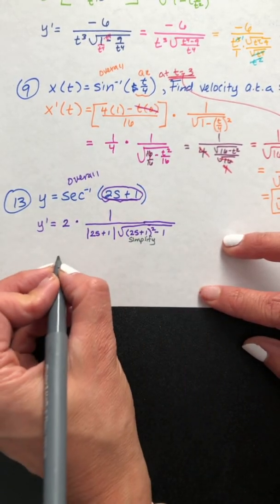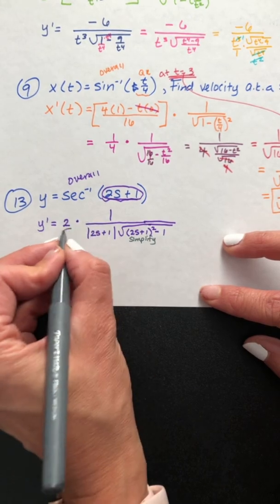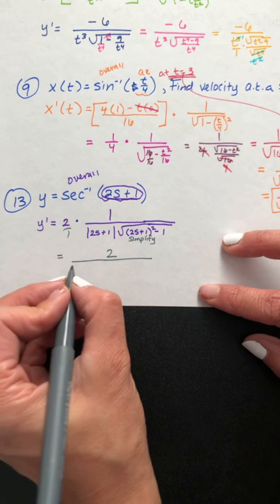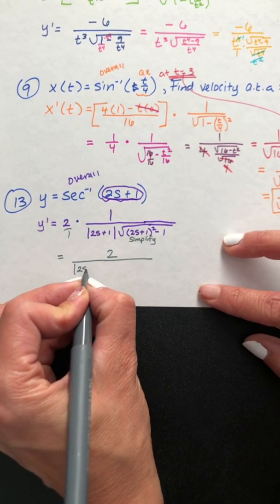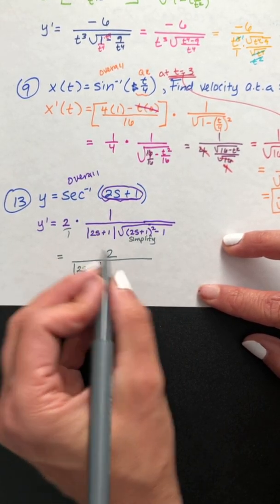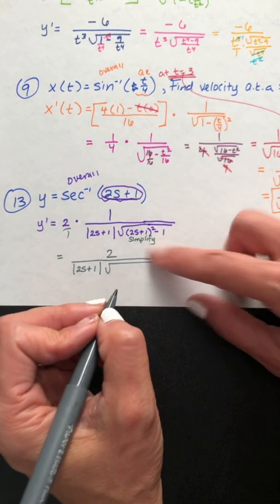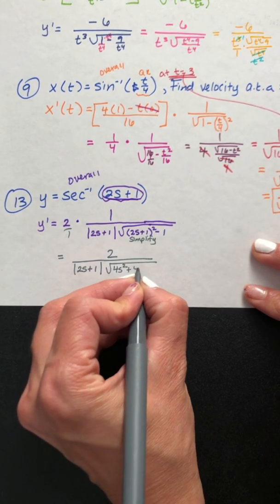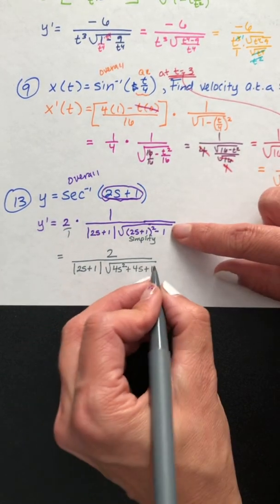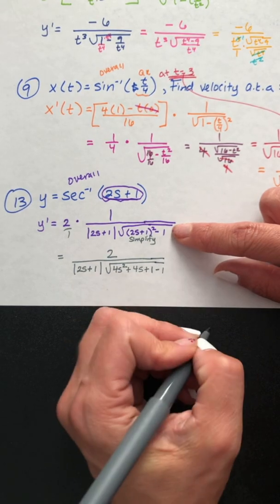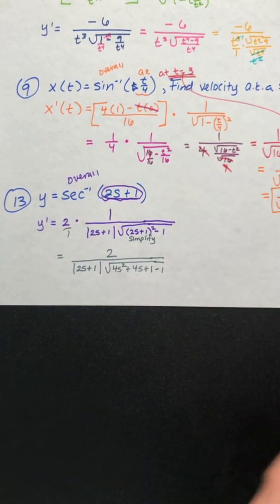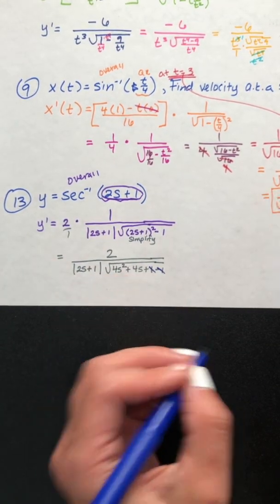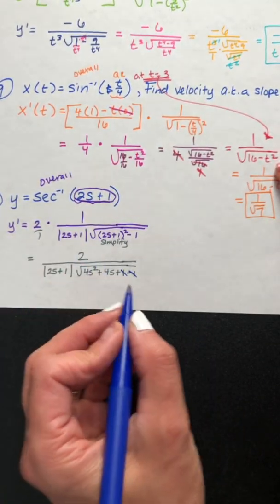Okay, so we're going to have 2 times 1, because that's going to be in the numerator, would be 2 over the absolute value of 2s plus 1 times the square root of, this ends up being 4s squared plus 4s plus 1, and then there's that minus 1 on the end. Okay, and we got to clean that up a little bit because 1 minus 1 cancels out to nothing. And so then we'll have